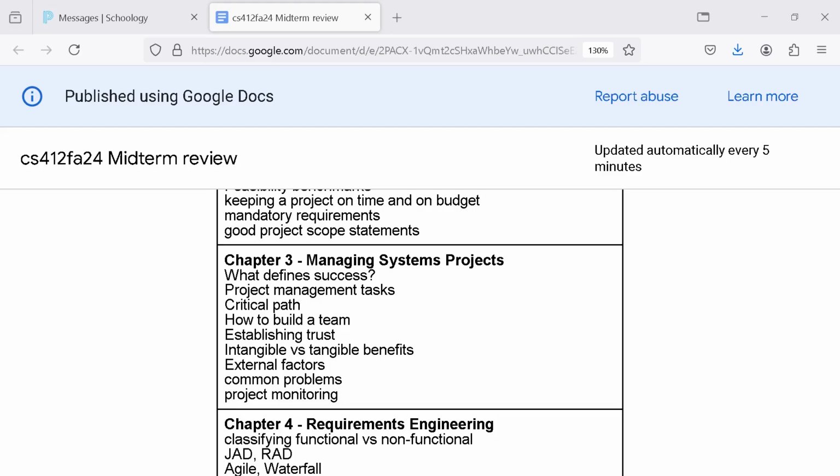What's the critical path? Let's see, who can define critical path for me? Abby, can you tell me what is critical path? How would you explain critical path? It's like the things that need to be accomplished for the system to work correctly. Like unavoidable. These have to be properly working. Okay. Now there are going to be a lot of things that need to be completed